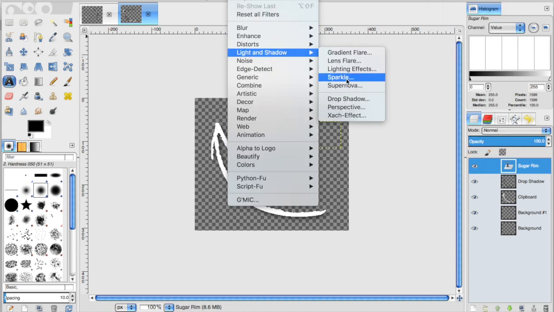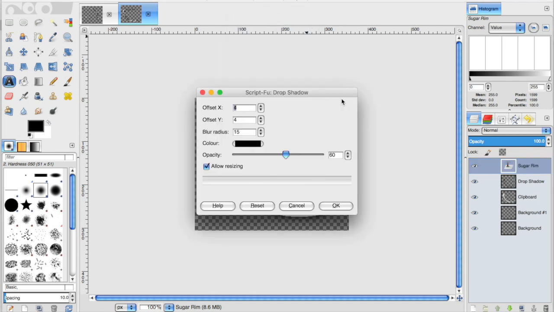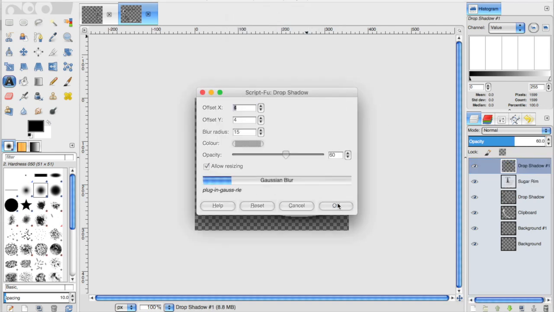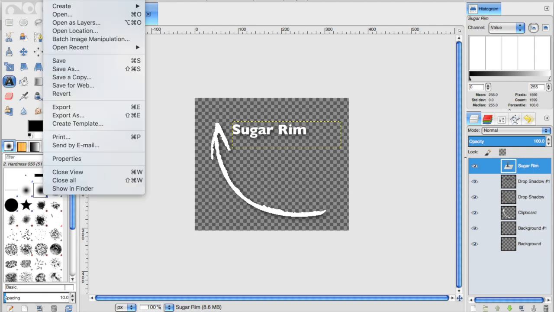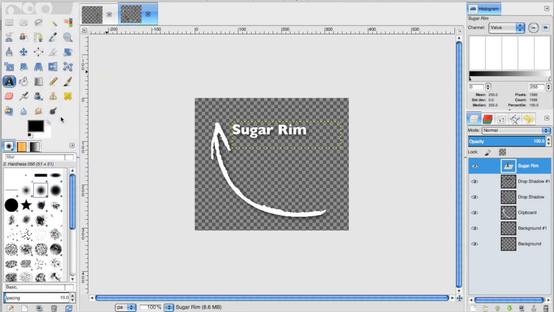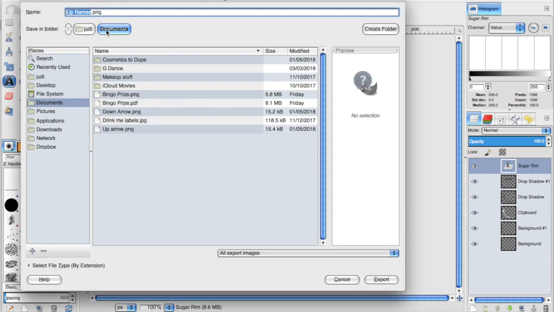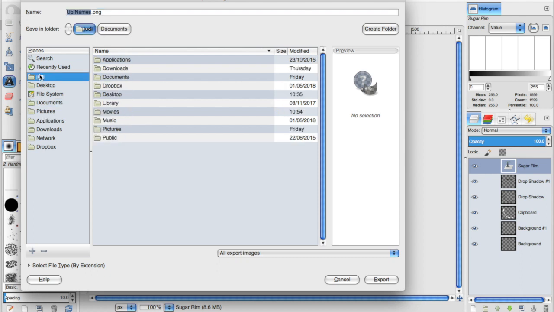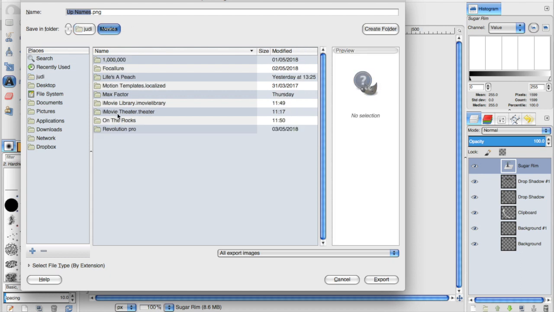Add a new drop shadow. Say OK to that. File, export as. Save it in the correct location. Movies, On the Rocks.